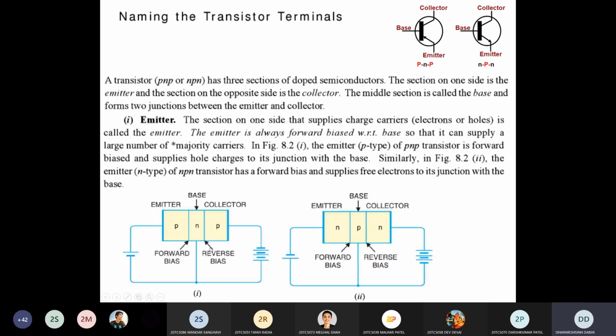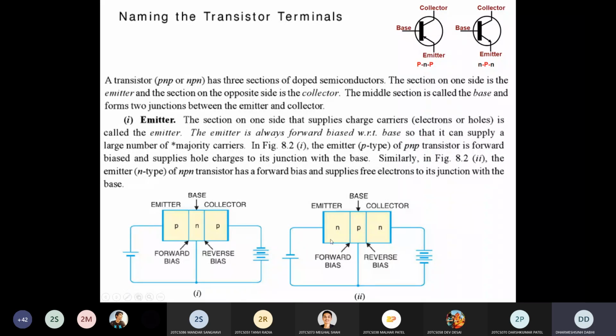You can see in this circuit diagram of the PNP transistor, this P layer is the collector terminal. So what is the function of this collector terminal? To receive the holes which are supplied from the emitter terminal. As you know, in the P layer of the emitter, the majority carrier is hole. So it injects or supplies the holes. All these holes pass through the base to the collector. Clear? So the collector function is what? To collect all these holes which are supplied by the emitter.